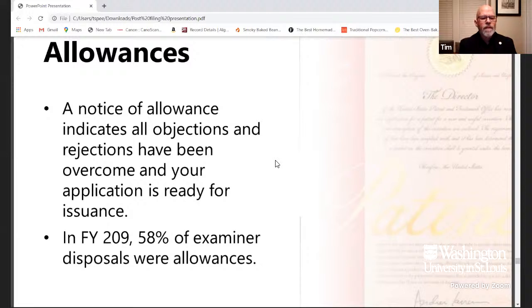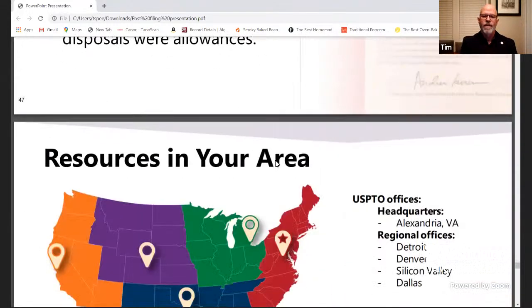I'm not sure what that number is supposed to be. Fiscal year 20, I'm thinking that's supposed to be, I'm not sure where the 9 came from. So there's some 60% what we call allowances by examiners. Examiners get what are called counts. We measure production; we have to have a way to measure the work that we do. Part of what we do is look at how many cases examiners issue, and you get certain credit for that. 58% of those are allowances.